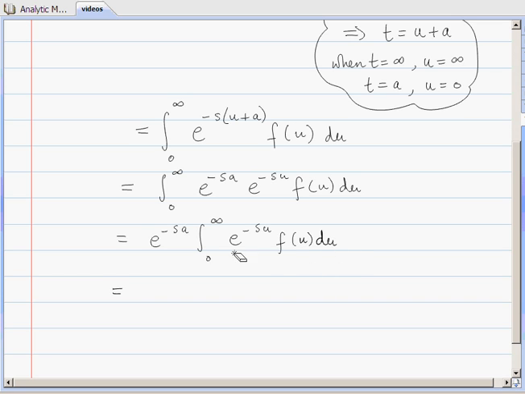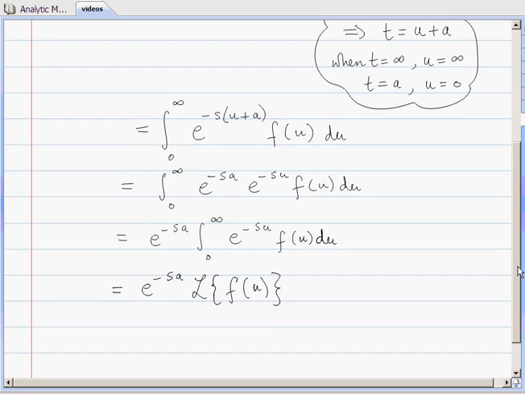So what we're looking at is the same thing. So this is e to the minus sa times the Laplace transform of the function f. Yes, I should put in f of u here, but whether we call the argument of the function f u or t doesn't